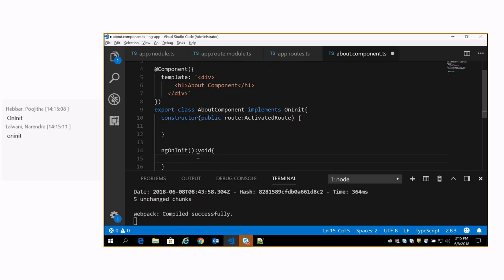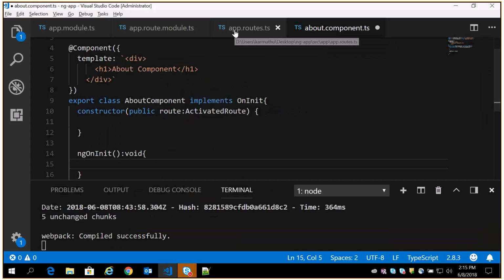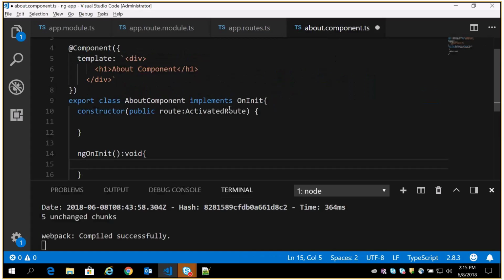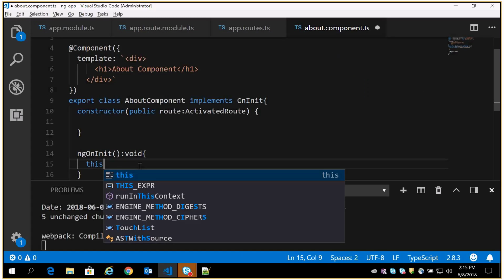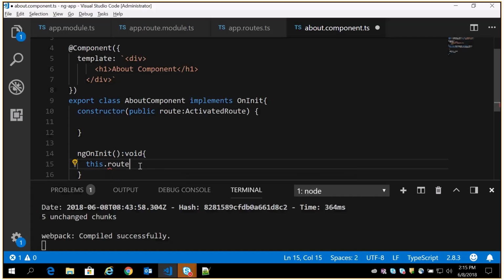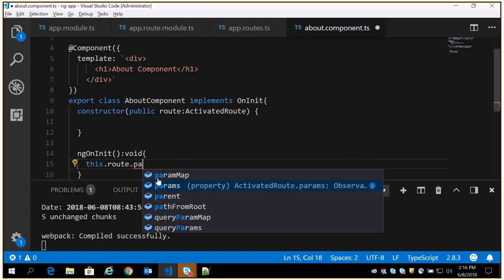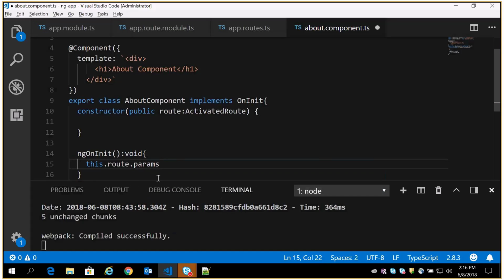What I want to do is take that path parameter which we have passed. The path parameter is :id, which can be received with the help of this ActivatedRoute. To get that detail, we need to say this.route, and I can access it with a dot. There are a lot of methods here. If you want to get the details about the query string, you can use queryParams. params is used to get the details of the path parameters. So I want to get the params of this.route.params.